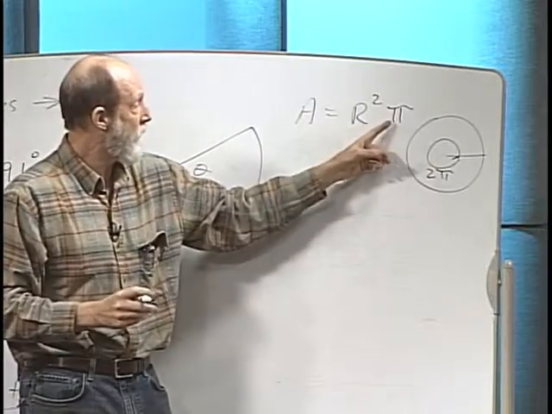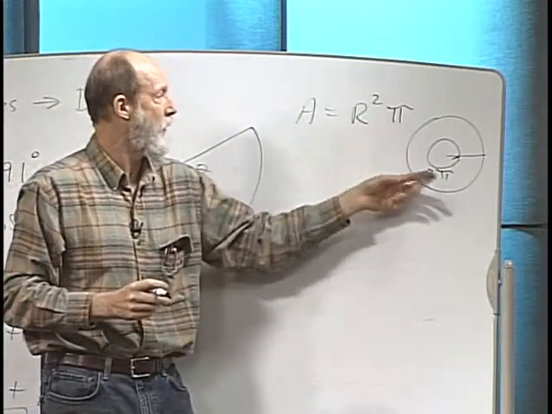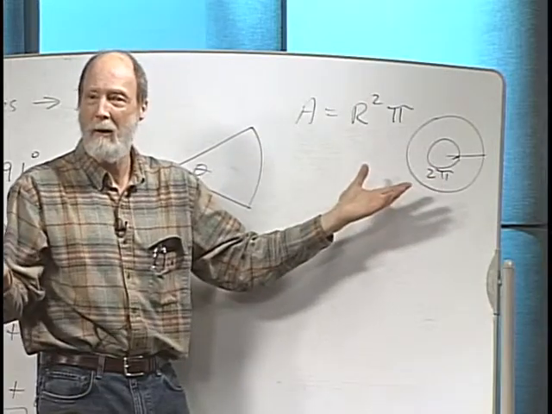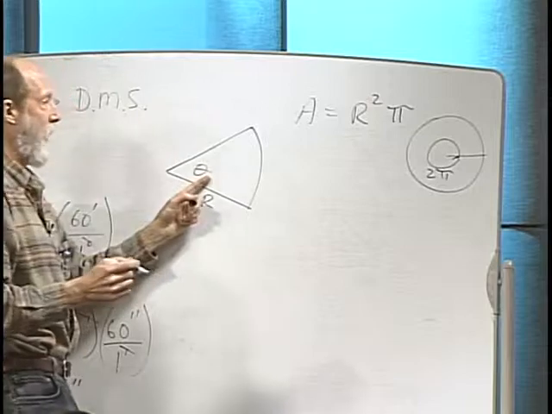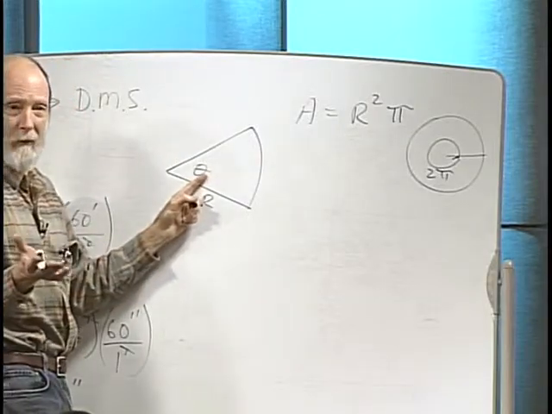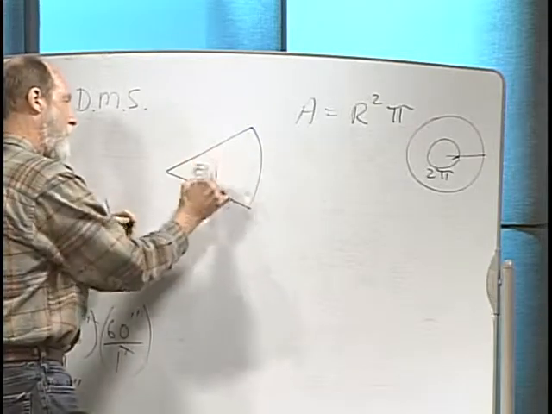And what you observe here in this familiar formula is that this is half of that 2 pi radian measure. Okay? So that means then if I have some sector of a circle that's different than, say, 2 pi, call it theta for that angle measure,